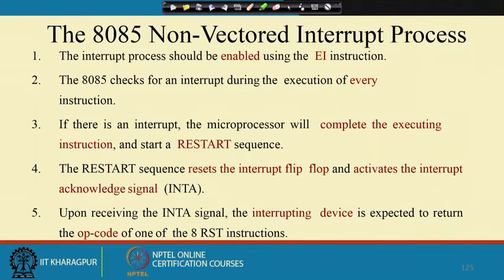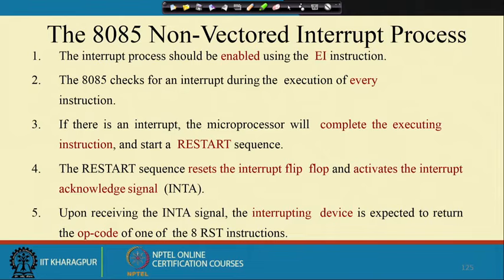Last class we started discussing the 8085 non-vectored interrupt process. As we know, in the case of a non-vectored interrupt, the interrupting device should provide the ISR address, the address for the interrupt service routine. Now, the prerequisite for this non-vectored interrupt process to be initiated is that the interrupt process should be enabled